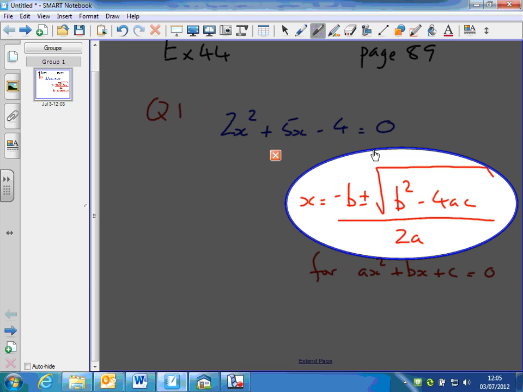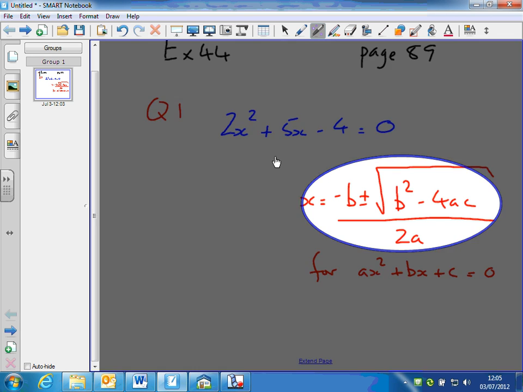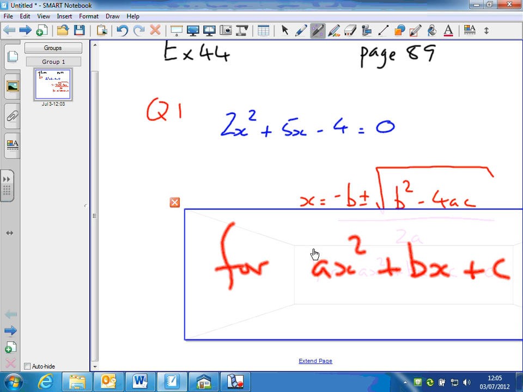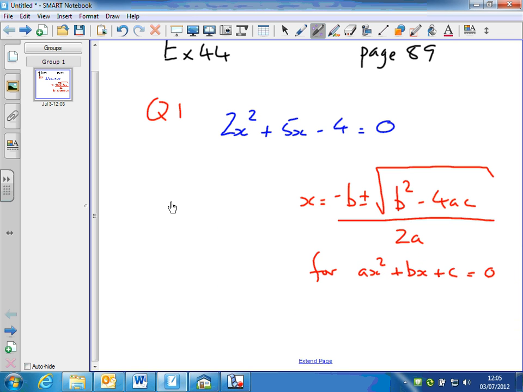x equals minus b plus or minus, we'll come to the plus or minus in a second, the square root of b squared minus 4ac, all divided by 2a. And that works for a general quadratic equation like this. It must be of this form to work. So the right hand side must be 0,